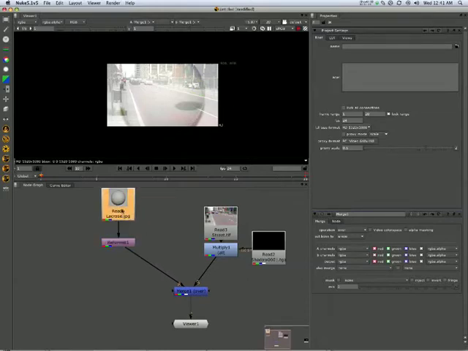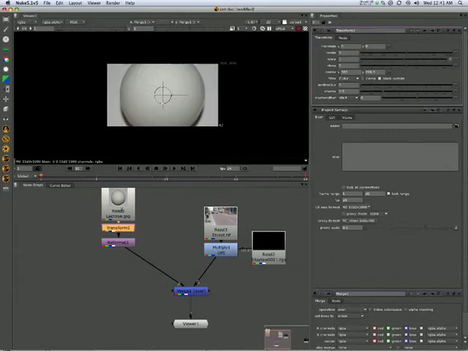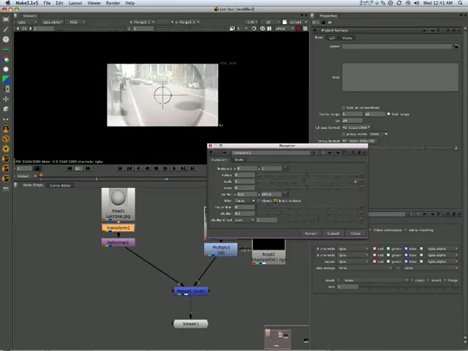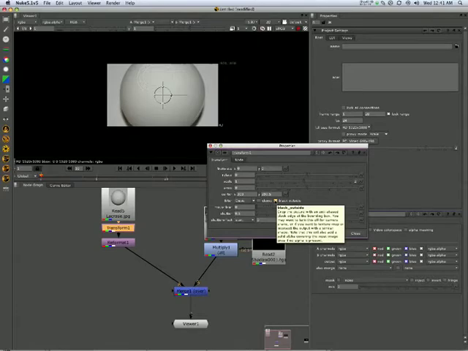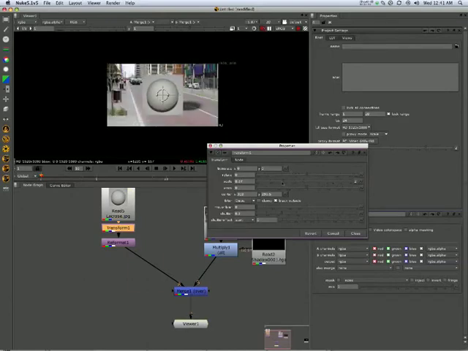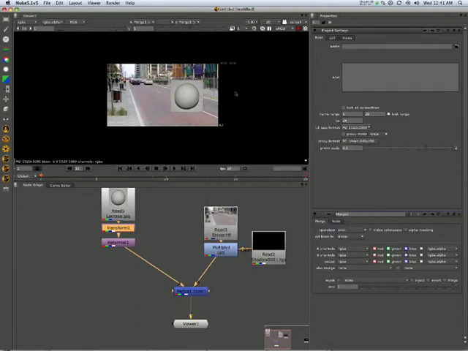However, it's also cropped the ball. So what you can do before there is to transform. Now the transform node, as a funny little side effect, also pre-multiplies. It gives the ball an alpha, and it makes that alpha completely white. So that effectively makes the ball opaque. So let's just scale that down and just move it over. Okay, so now we've got a ball,